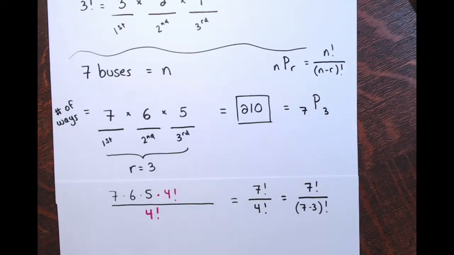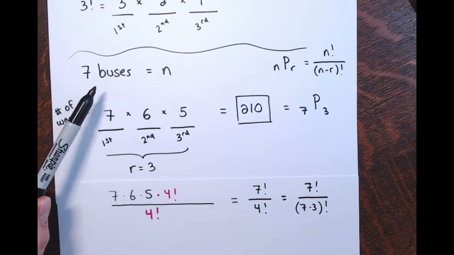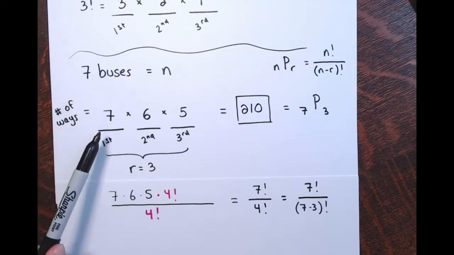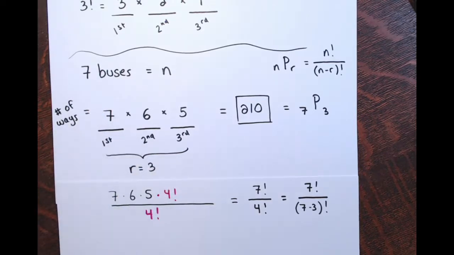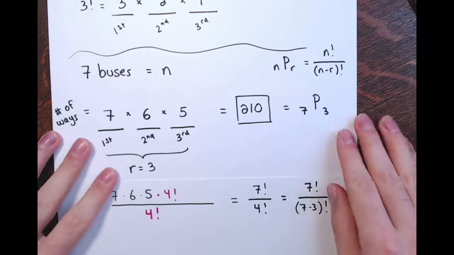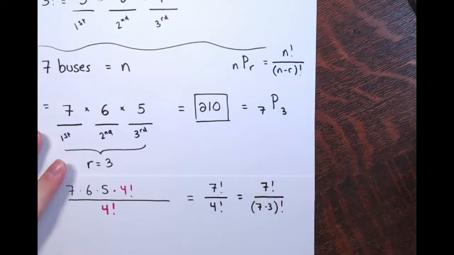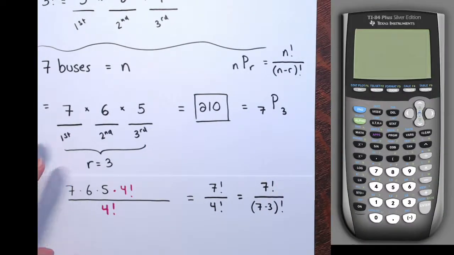Okay. So I had 7 objects, and I was trying to see how many different orders 3 of them could come in. Right? N is 7, R is 3. Now, you can also find this on your calculator. So I'll slide this over, pull the calculator up. Now on the calculator,